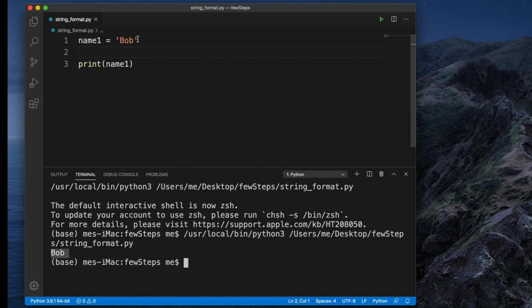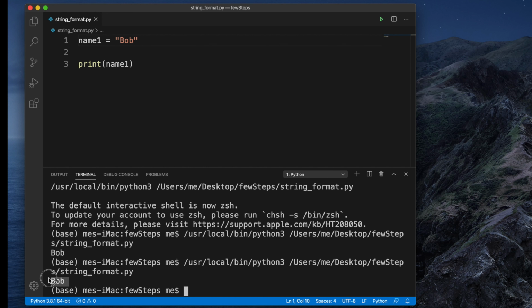So here it is a string, and in our previous tutorial we saw that we can define a string by double quotes also. So let me run it again and check it is working fine, right? So we can define a string by single quote or double quote, we know that, but in this tutorial I will use single quotes, but you can use double quotes also, it doesn't matter. Okay, so now we have name1 and we are printing like this.